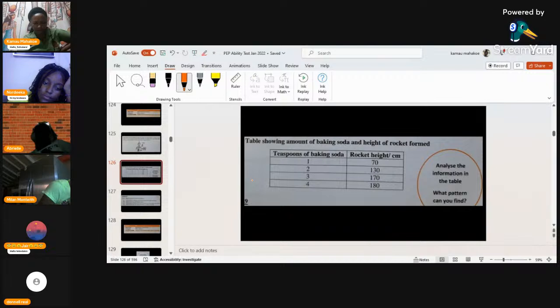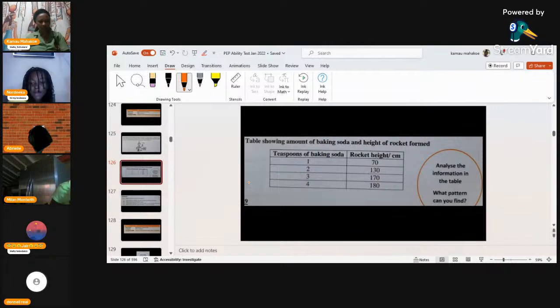Donnell, good night. Can you read, please? Yes, Miss. Table showing amount of baking soda and height of rocket formed. 1 teaspoon of baking soda, rocket height 70 centimeters. 2 teaspoons of baking soda, rocket height 130 centimeters. 3 teaspoons of baking soda, rocket height 170 centimeters. 4 teaspoons of baking soda,